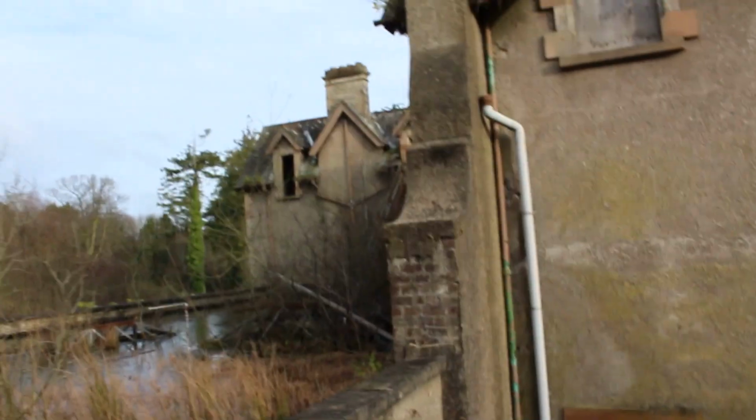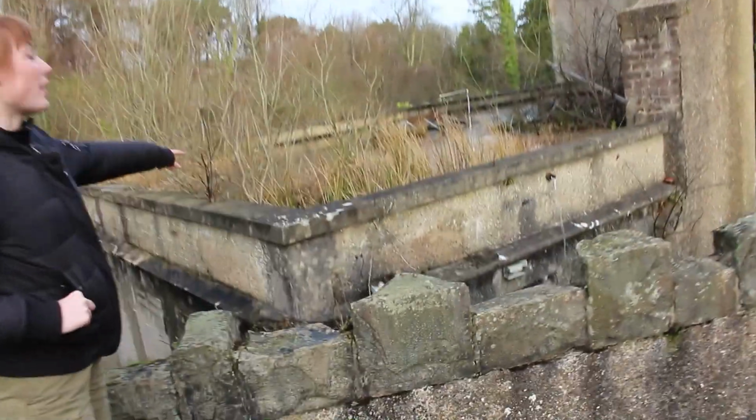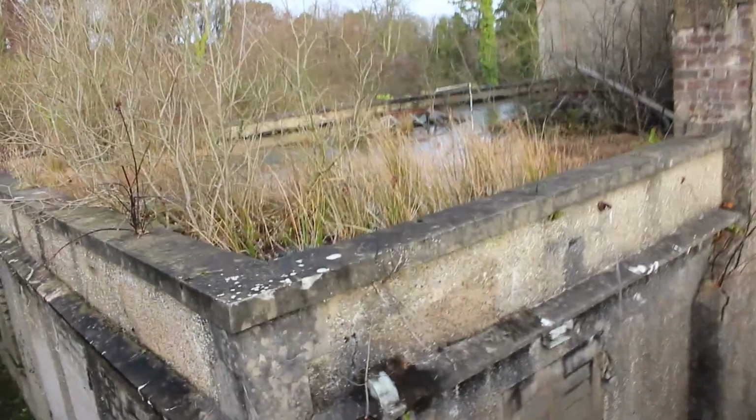If you think about it, that's where we were in the blood room, and all of this goes around the back. Just the size of it is... Look how much surface water's on that. That roof is not going to stay up for that much longer. No. That's like a pond. That is actually a pond. But you can understand why all the roofs or all the floors have collapsed in, just because they are flat and the water just sits on them. So although some of the roofs are still here...